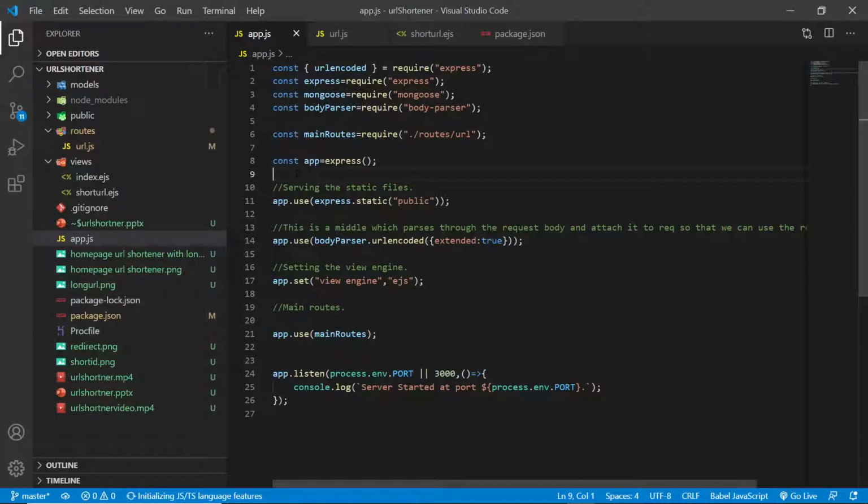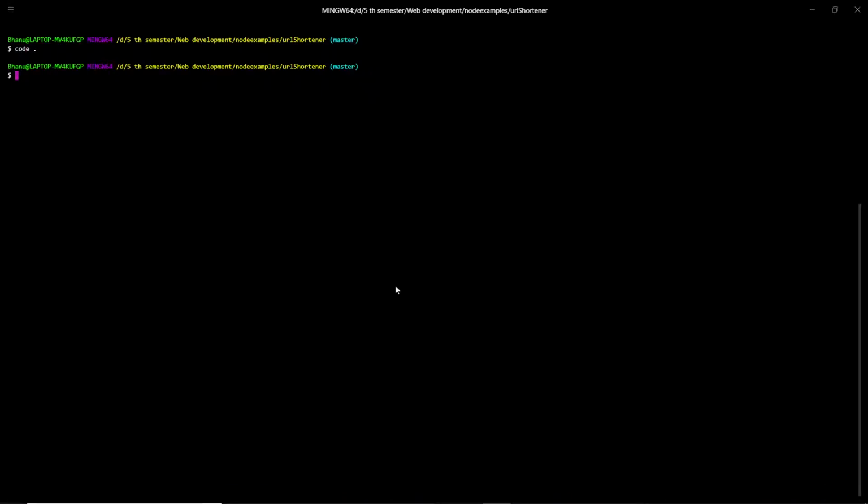We create a folder, open that folder in Visual Studio Code, and in the terminal we type npm init -y, so that we initialize the project. I have already done that.